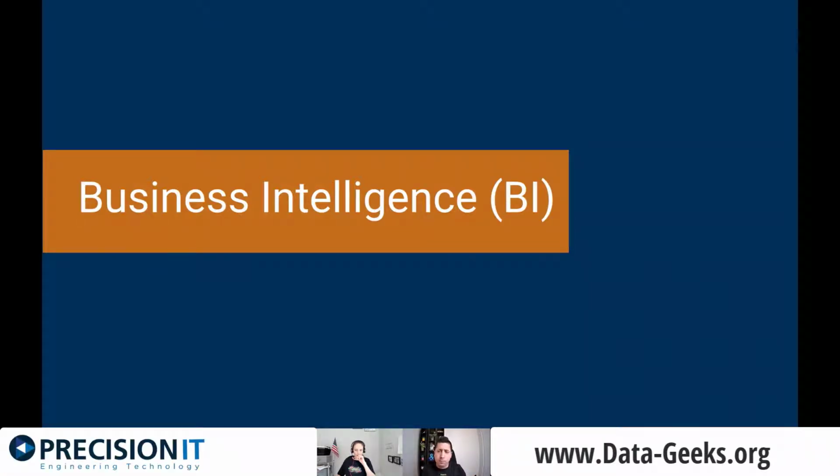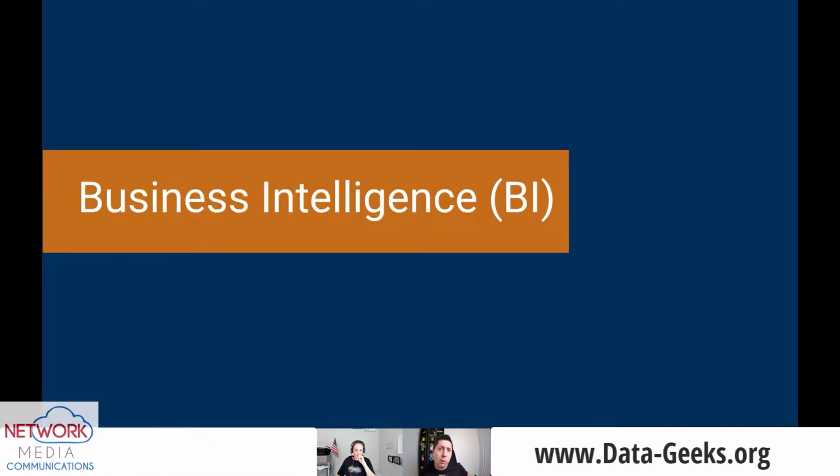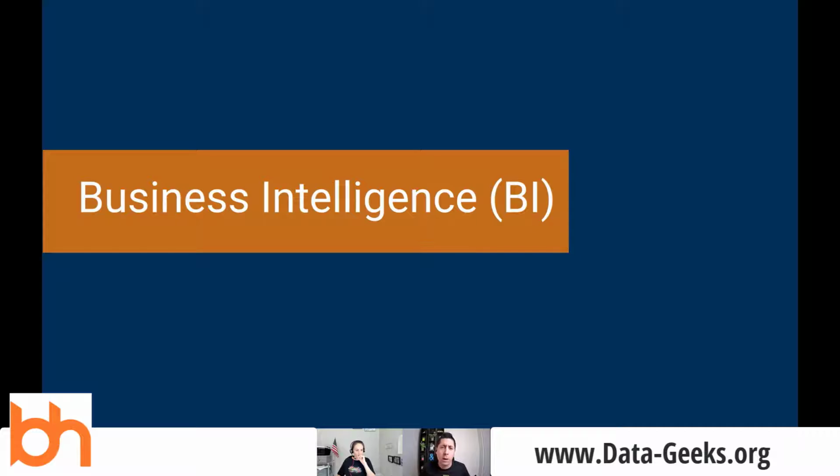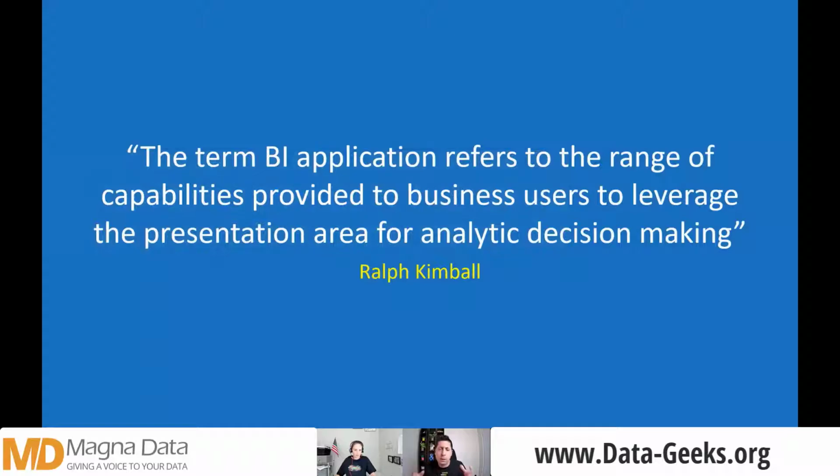BI. So this term comes a long way. I think the first reference, if you go to Wikipedia, you'll find that this is from 1860. I think not many of us were around by then. So the one I picked is one that you're going to feel familiar with because it's from Ralph Kimball, within the data warehousing context, of course.